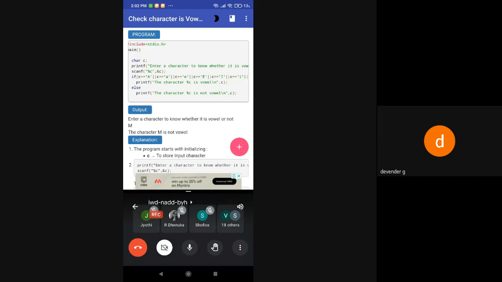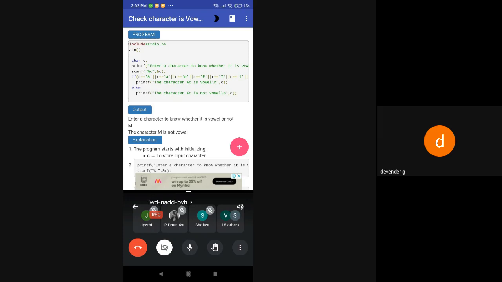Apart from this, other than A, E, I, O, U, the other letters, which we call consonants, do not satisfy the condition. So it goes to the else statement of the printf. We know that I have shown you the flowchart diagram of if else. If you remember, if the condition is satisfied, then take the left direction; if it is not, you go for the right direction. So if it is false, then I'm going to get 'it is not a vowel' on the screen.